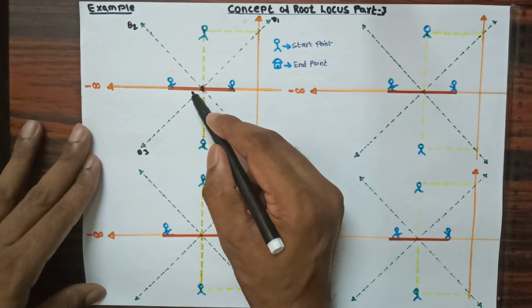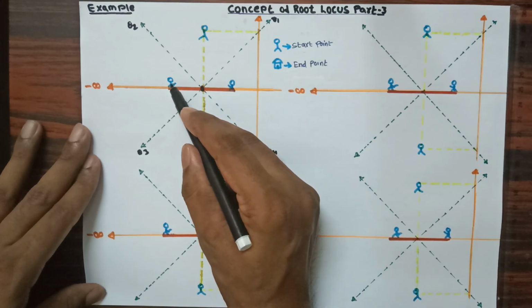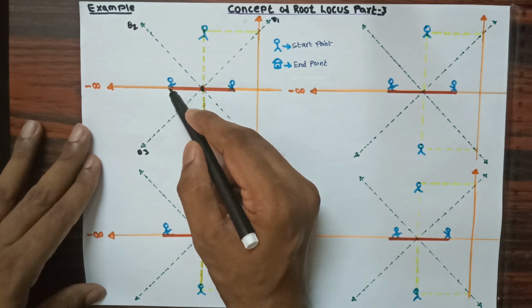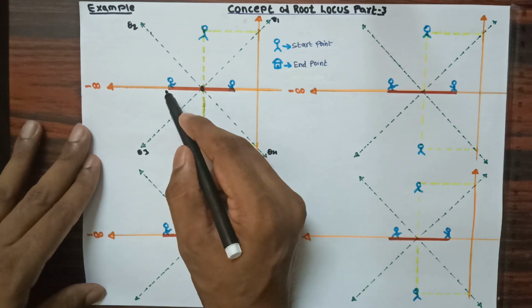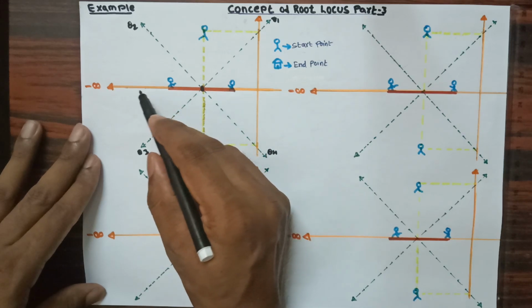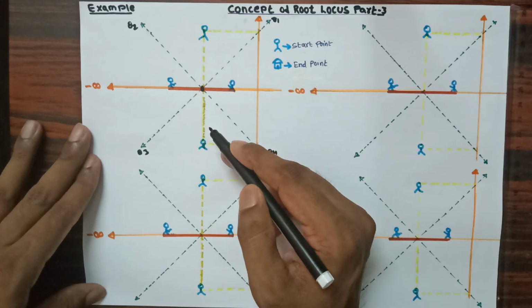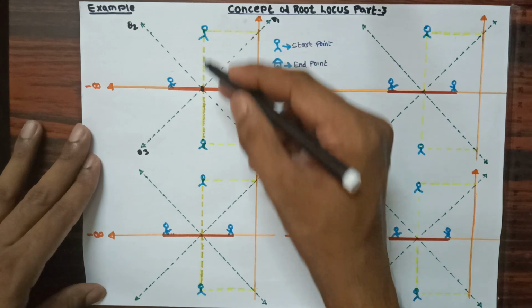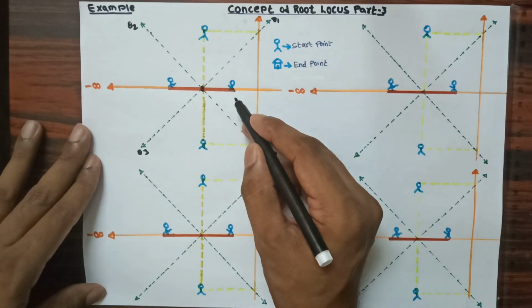I will continue with this and I will stop at the next count, and here you can see that the next count is 2, and 2 is even, and we know that for an even count we are not providing the path. From this point onwards, for an even count you can see I am not providing the path till infinity. So in this way we are going to provide the path in this example. Remember, when a person is on the y axis, we are not going to count them when we are providing the path.